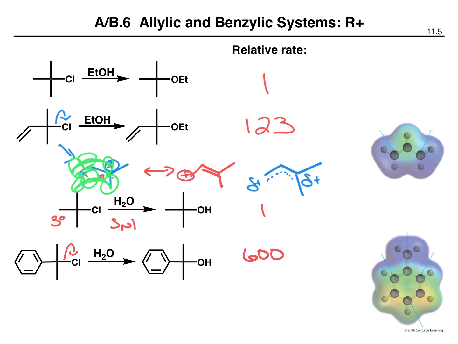So when chlorine leaves, we get this intermediate, but we can draw another resonance structure. So let's imagine that these electrons move here, and that gives us another resonance contributor that looks like this. And then we can imagine these electrons move here, giving us another resonance contributor